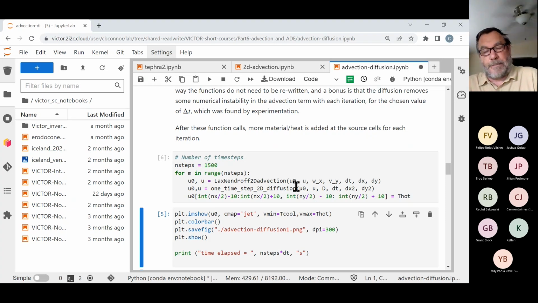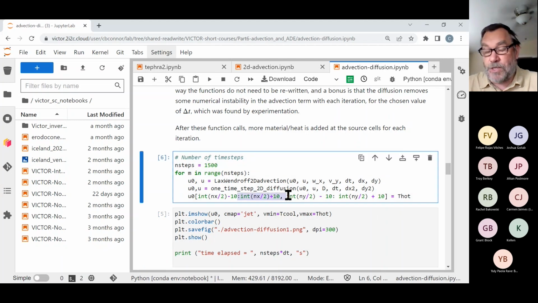So I go through one step in time in advection, and then one step in time of diffusion. Then I reset my source term, which was phi, capital Phi,